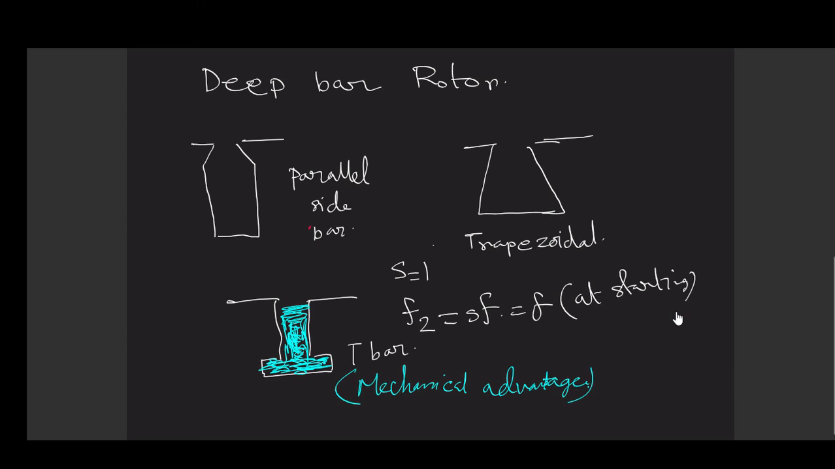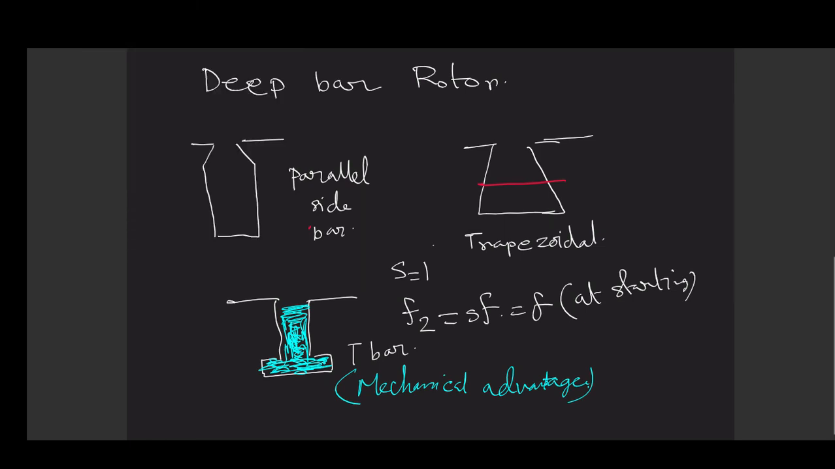Unfortunately, I didn't get any suitable animation, but anyway, what we know is that skin effect is higher for a high value of frequency, and in a deep bar what happens is that the leakage flux is linked with the bottom part. Let me try to make you understand. Suppose we cut it into two segments, then the